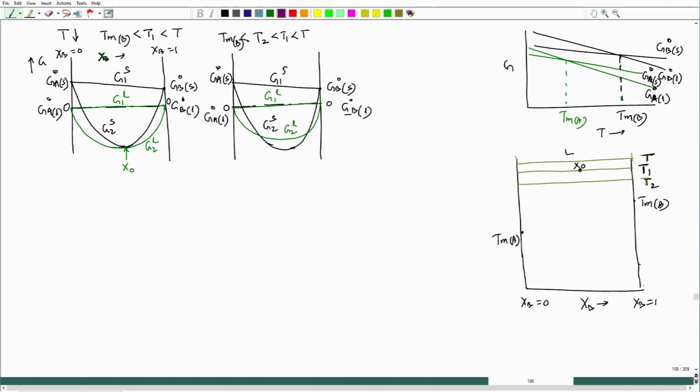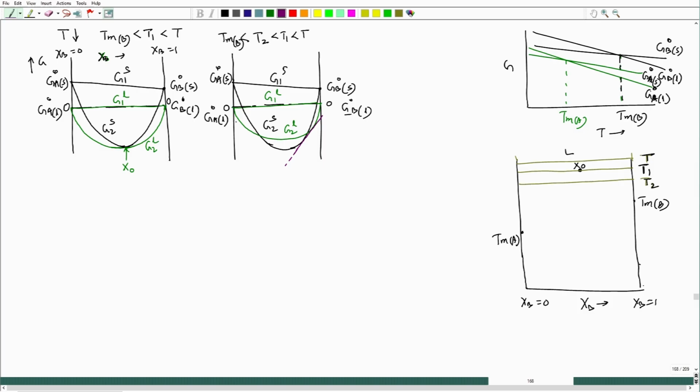So, one tangent is here. I can extend this and it will touch the vertical axis with composition xA equal to 1, the pure metal A side, and then another tangent we can